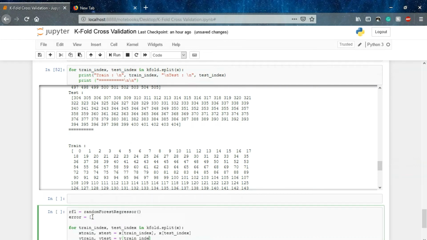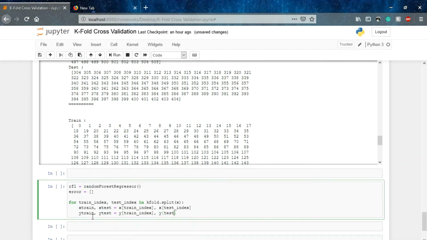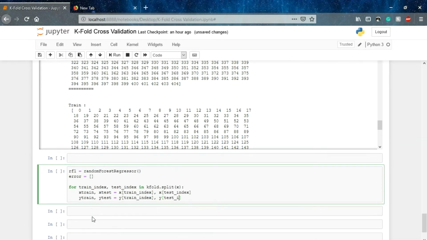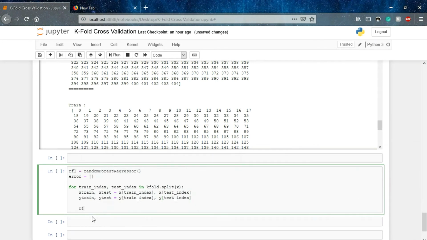So train index and y test index. Okay, so let's initialize the model. So rf1 dot random forest, at each iteration it will initialize separately. Okay, so it will work unbiased for all the data sets we have. So random forest regressor,